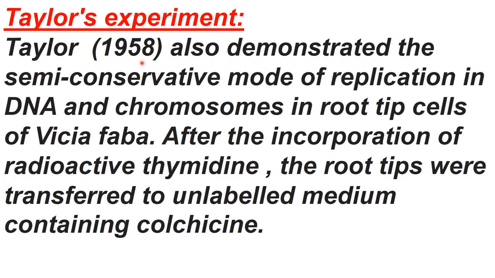Taylor in 1958 also demonstrated the semi-conservative mode of replication with some experiments, and they worked on the root tip cells of Vicia faba. Vicia faba is known as broad beans, that is the scientific name for broad beans. How did they do their experiment? They grew the root tip cells of Vicia faba for several generations in radioactive thymidine containing medium, and this radioactive thymidine will then get incorporated in the